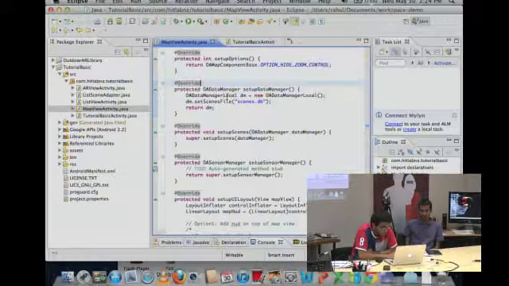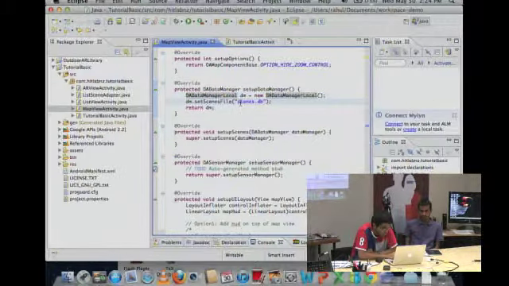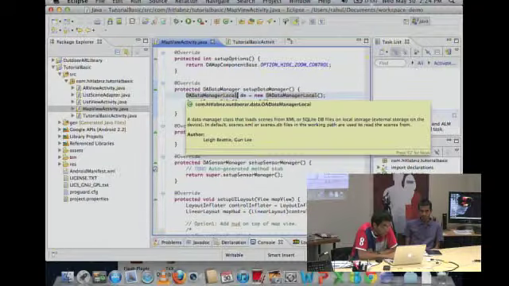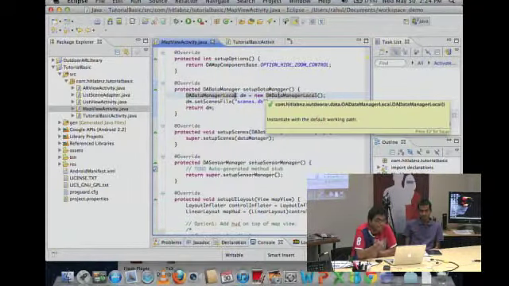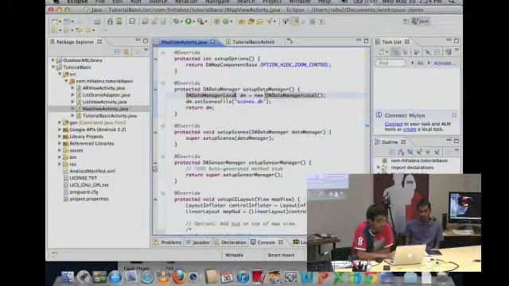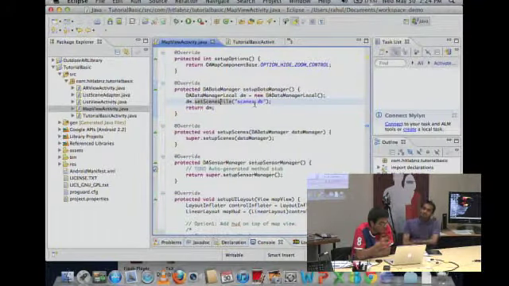So if you see here, the local means the data is loaded from the external device, the external SD card. So you basically provide that and set the scenes file as the scenes.db. This is the database file which has all the scenes, and it should be present in the external SD card. So once you've done that,